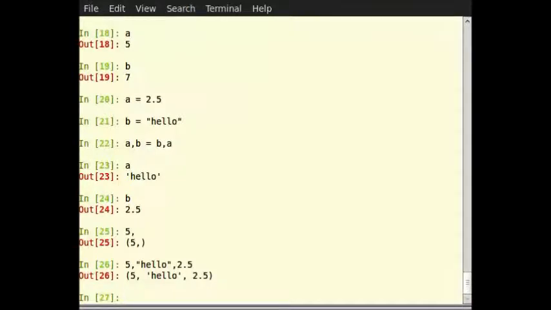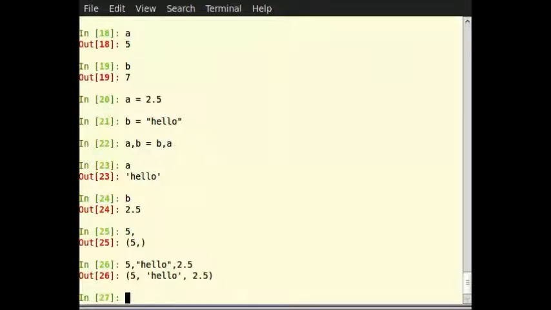So when we are actually typing two or more elements separated by commas, those elements are packed into a tuple. When you type a, b is equal to b, a, first the values of b and a are packed into a tuple on the right side and then unpacked into the variables a and b. Immutability of tuples ensures that the values are not changed during the packing and unpacking.